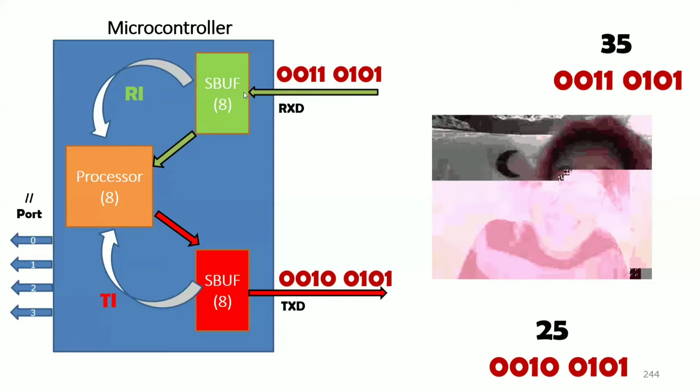The next one is reception. During reception we receive the data bit by bit. Again we use the SBUF register to store those 8 bits. Whenever the SBUF register receives the data successfully, it tells the processor, I have received the data successfully, I am giving the data to you, now you can take that data and use it. It does this with the help of one signal called the receiver interrupt.